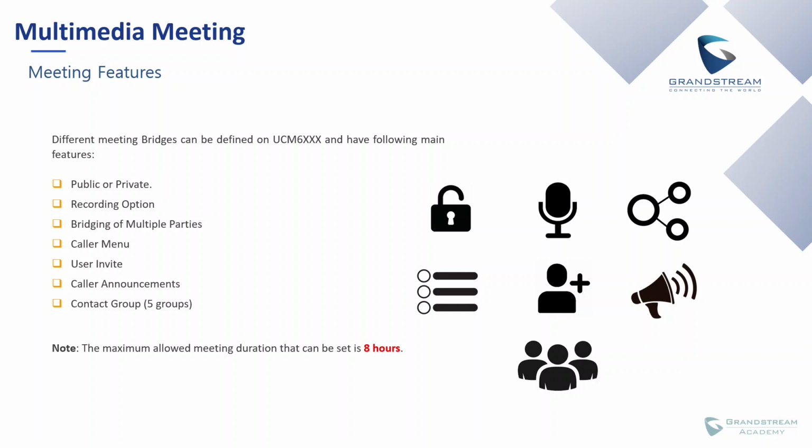User invite. If enabled, users could press 0 to invite other users with the invited user's permission, or press 1 to invite other users without the invited user's permission to join the meeting. Contact group users can now quickly invite multiple participants at once to a meeting via meeting contact groups. Up to 5 contact groups can be created. The maximum allowed number of contacts per group is based on the UCM model's meeting participant limit, as we have